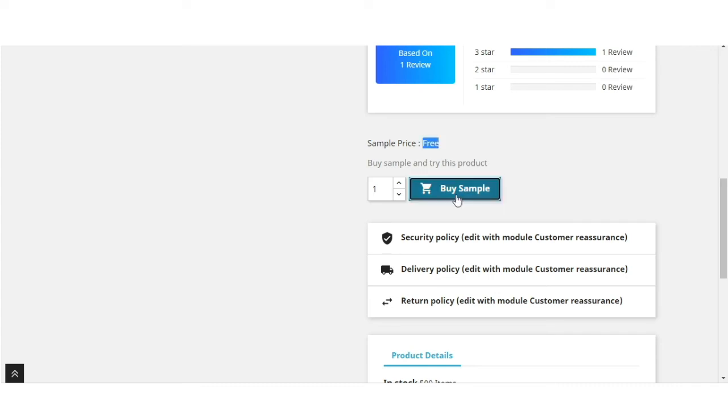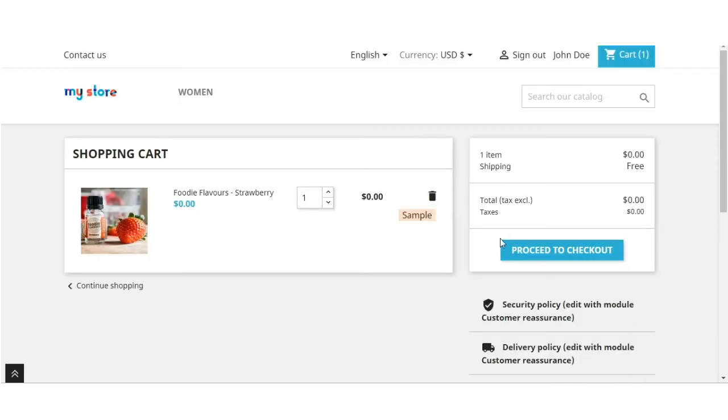A customer needs to click here to buy a sample of this product.